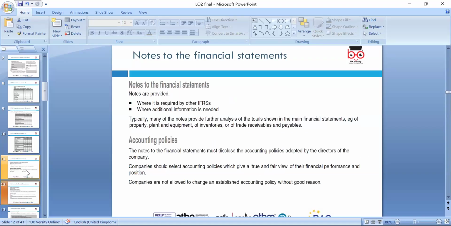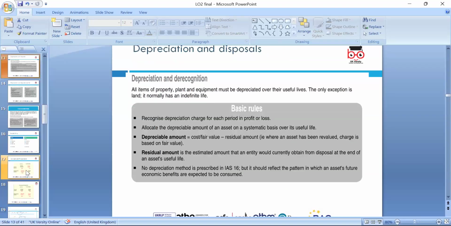So all this is quite crucial, and we should say the notes in the financial statement, like all the explanation with the accounting policies, like IFRS, IAS 2 International Accounting Standard, like if you're adopting the first in first out method, or FIFO. Last in first out method is not allowed anymore. So all the policies and other accounting policies need to truly reflect and consistently follow in the financial statement. Depreciation and disposal of assets.